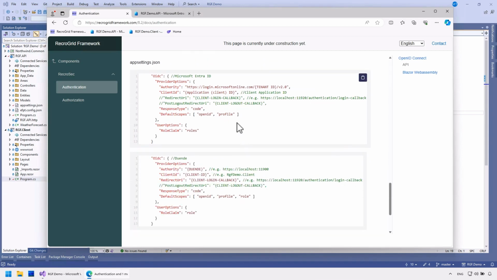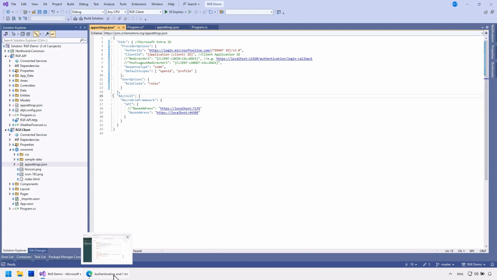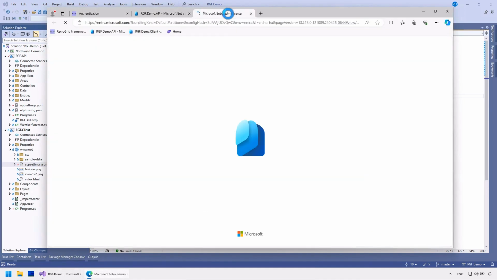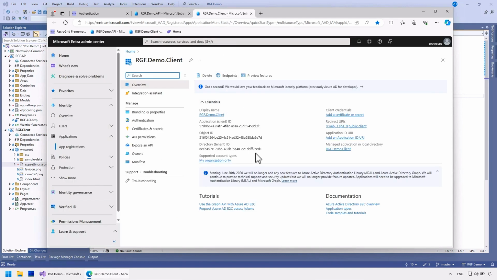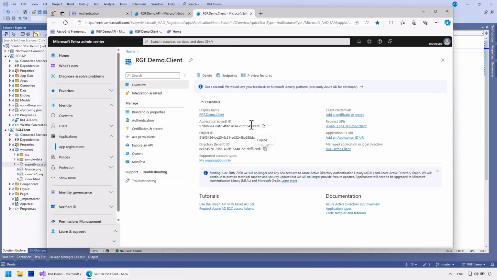Here again, I find two examples, and I'll use Microsoft Entra ID again. Now, I'll also set the tenant ID for the client. This will be the client's application ID.